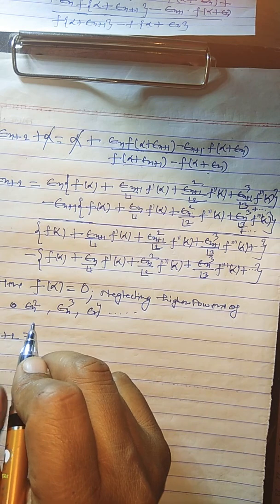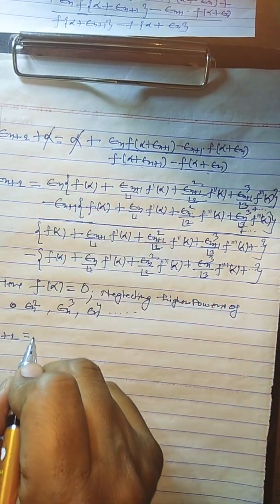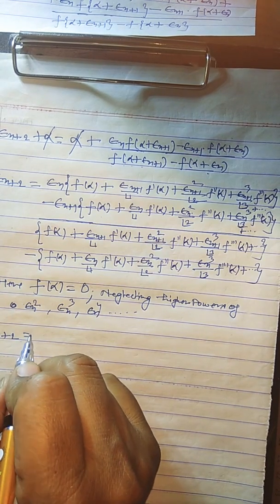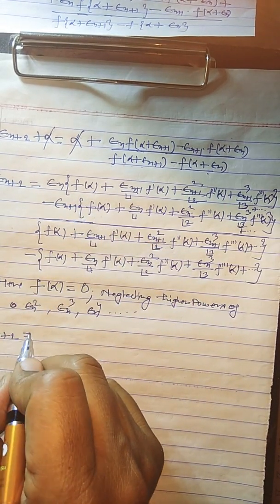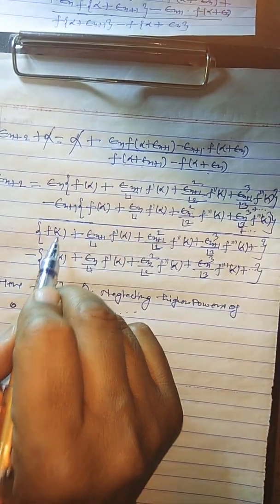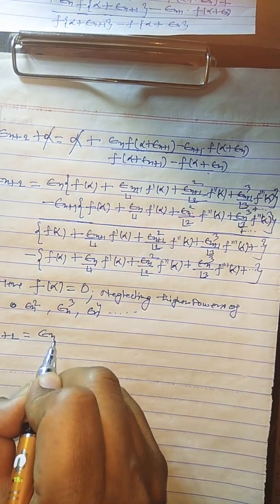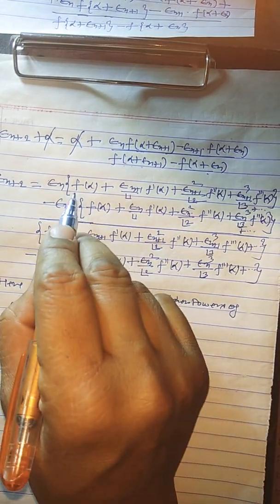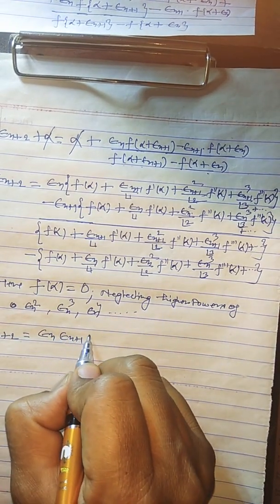Okay, what we have here, here we have epsilon n. All these terms are 0, means epsilon n and f alpha 0, this term 0, this term 0, this term 0, means what we get here in numerator: epsilon n into epsilon n plus 1,